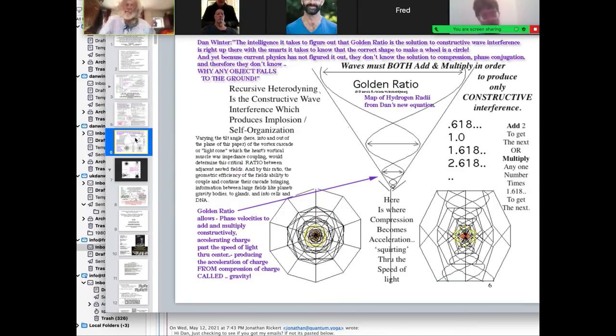So this is the visual. There it is. There's your perfect caduceus. There's the implosion of the perfect fractal nest of pentadecahedron. Many of you have seen these slides before. Perfect implosion. I say here, the intelligence that takes fear that golden ratio is the solution to constructive wave interference